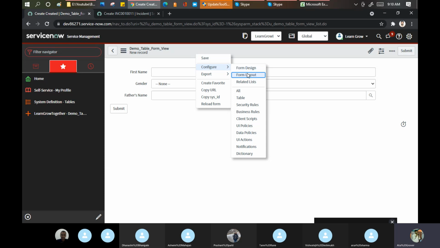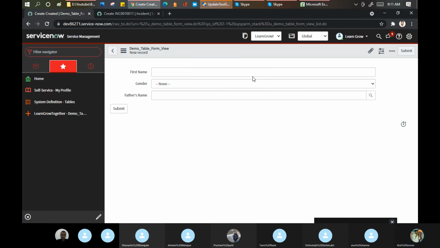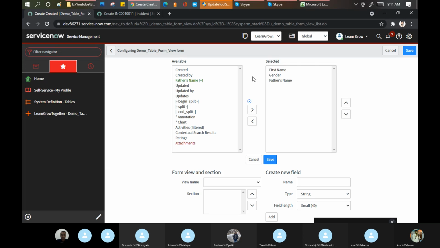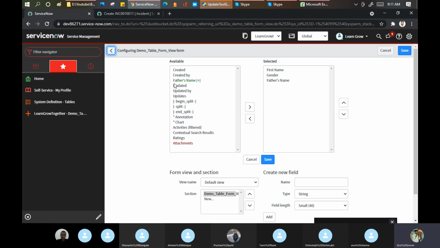or form layout. There are two ways to do the same thing: form design and form layout. Girls like the design, boys like the layout. Let me show you the layout first. Layout means that if you want to add any new field, see another option I'm giving you. If you want to add a new field in the form without going into the table, how can you do it? Go here